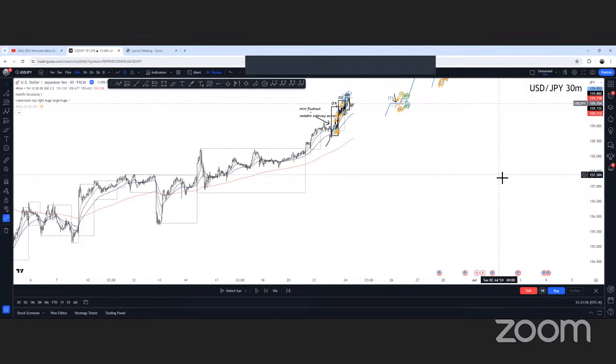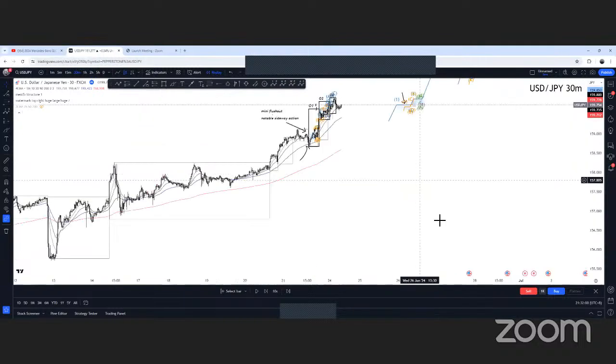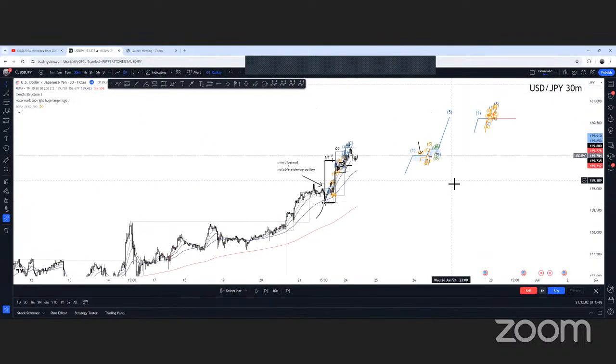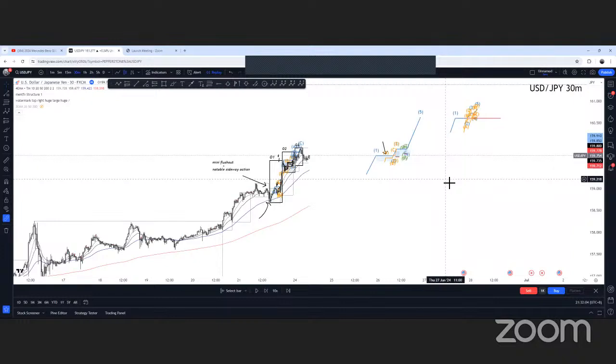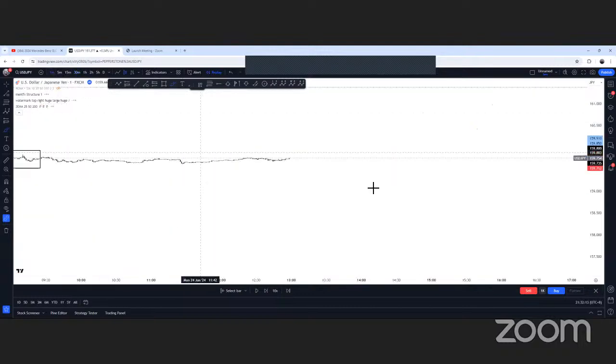I finished explaining the main theory, so we can get into the details like the entry and the stop loss. For entry, it's still the same thing, to be honest. For example, if you're using this one,